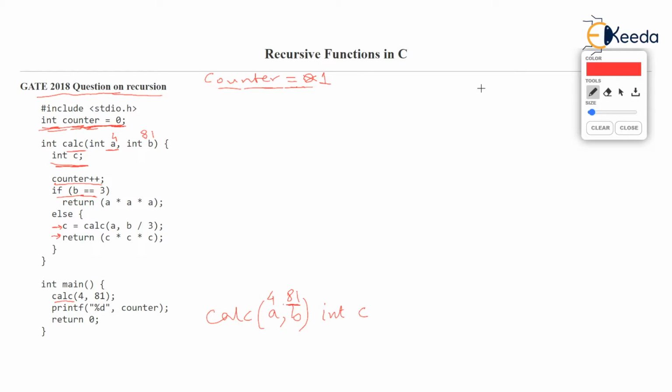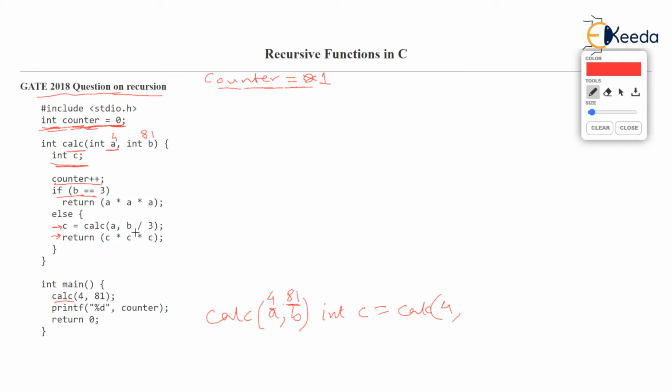this local variable C should become equal to recursive call calc A comma B upon 3. So let's write int C should become equal to calc, this is the recursive call, calc A comma, now A is 4, yes, A is 4, so the same A is passed, and comma B upon 3.